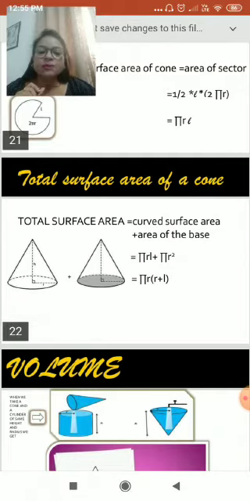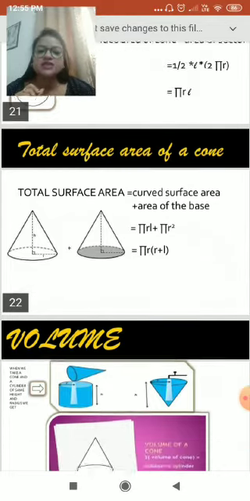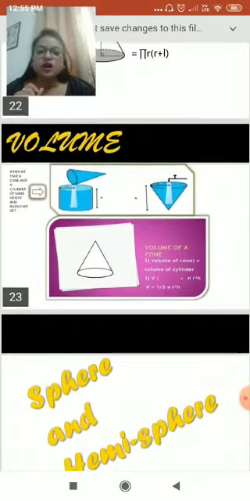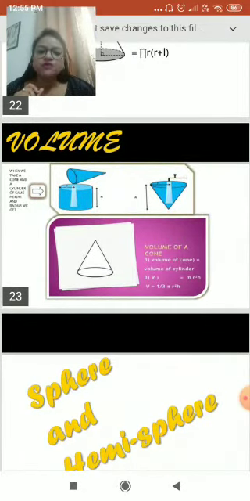Then talk about the total surface area of the cone. Total surface area includes the curved part and also the bottom part. So the total surface area of the cone will be curved surface area plus the area of the base, that is pi r L plus pi r square, which will give us the total formula as pi r (r plus L). When we talk about the volume of the cone, it is basically the amount that can be held in that figure. It is 1 by 3 pi r square h, that is, 3 times the volume of the cone is equal to the volume of the cylinder. So the cylinder and the cone have related volumes. It is 1 by 3rd of the volume of the cylinder.